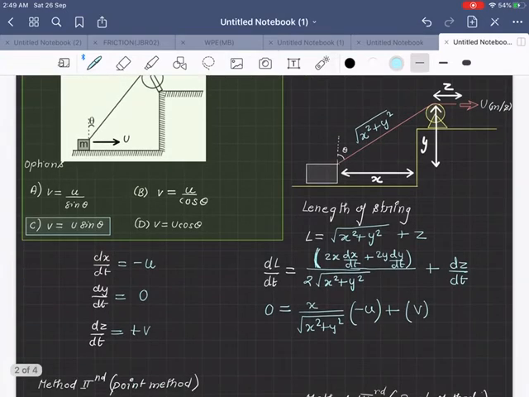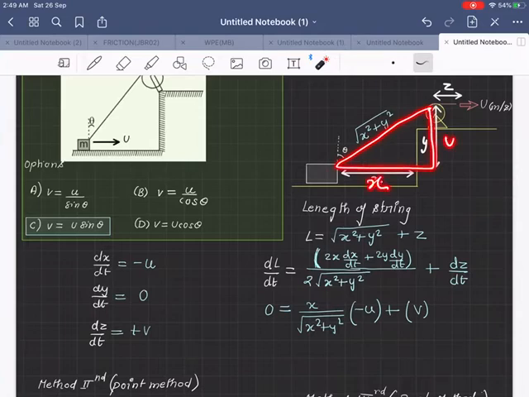Now after that we need to put this x divided by square root of x square plus y square value. It sort of looks like we have a triangle here. This thing is x, that thing is y, that thing is the hypotenuse, so it looks like somewhat cos of this angle, cos of 90 minus theta. How do we get 90 minus theta, you may ask? Well, this thing is theta, the entire angle is 90, so 90 minus theta.